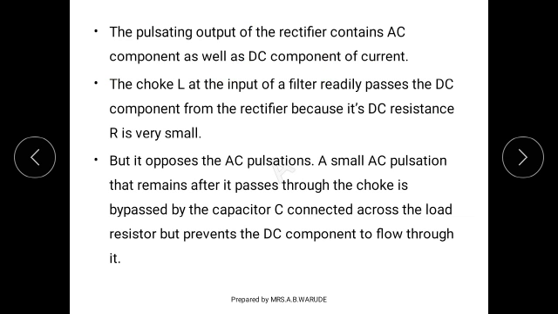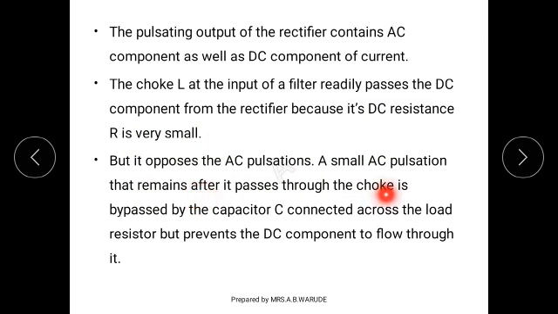And we know that when we take the output of rectifier, it contains AC component as well as DC component, and this pulsating output of the rectifier is given to that inductor, and the choke L at the input of a filter readily passes the DC component from the rectifier because its DC resistance R is very small, but it opposes the AC pulsations. That means it opposes the AC component present in the input,